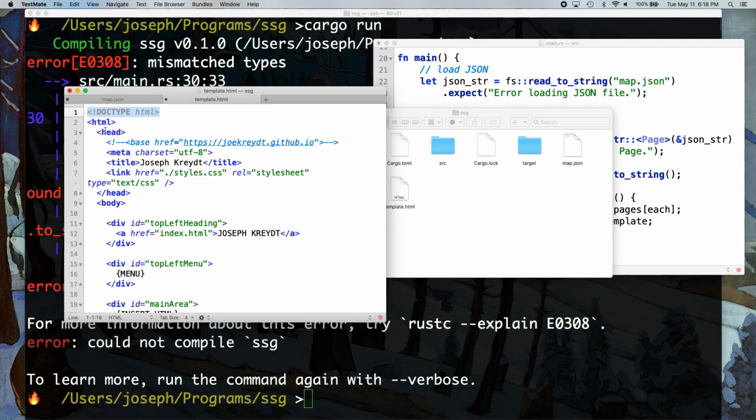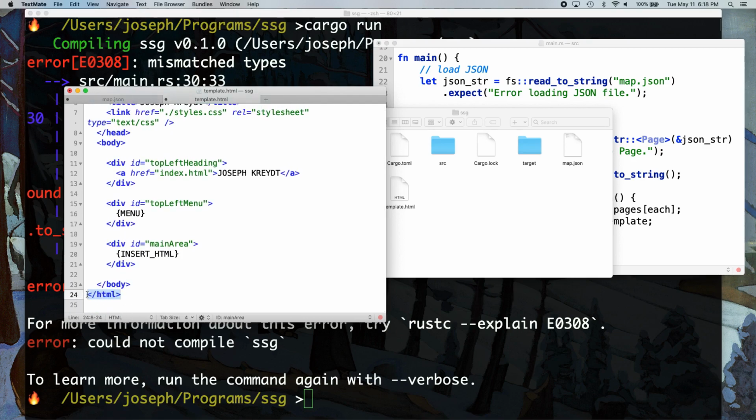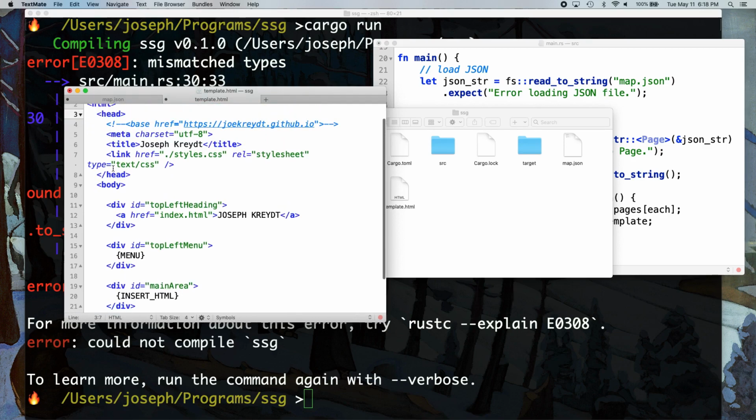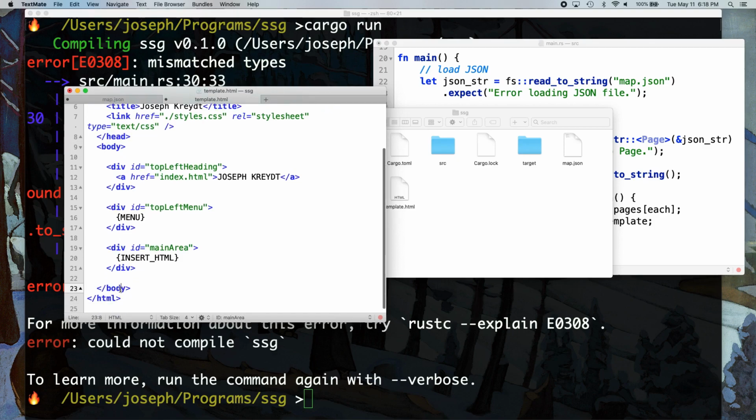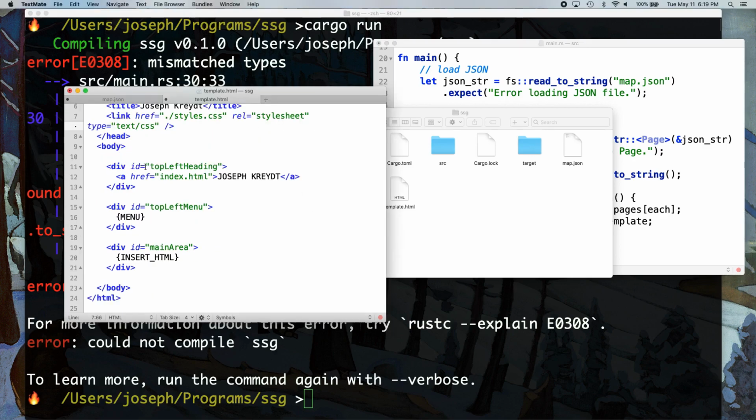So doctype HTML, we have our HTML tag and end HTML tag, our head tag, our end head tag, our body tag, our end body tag. Then we're just saying we're UTF-8, the title of the template, and a link to our CSS style sheet, which we don't have created right now either. That's another thing we're just going to copy in, because it's separate from this project. But then we have our body,